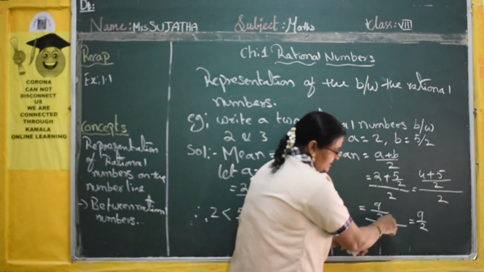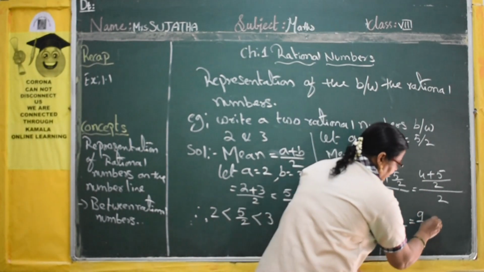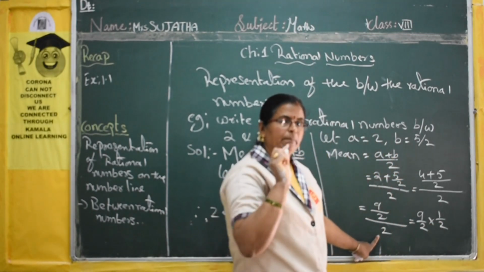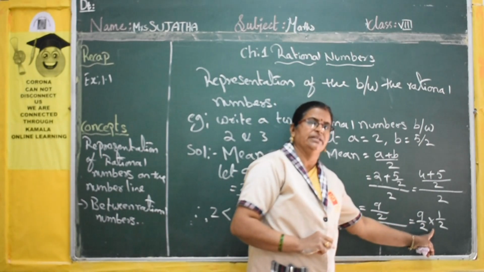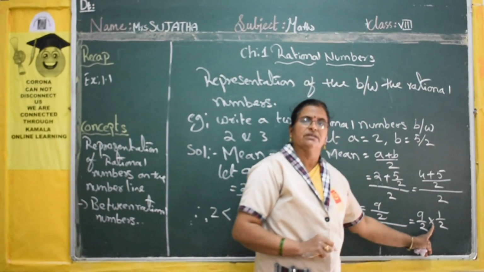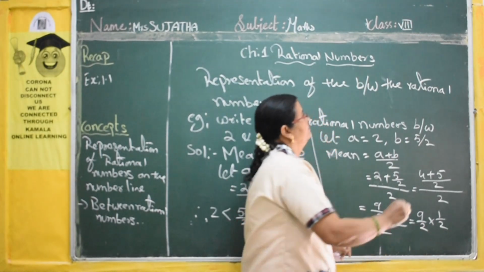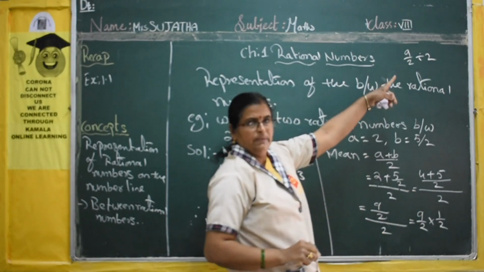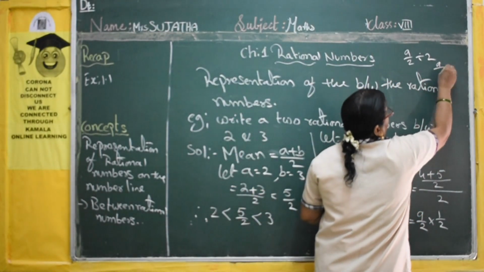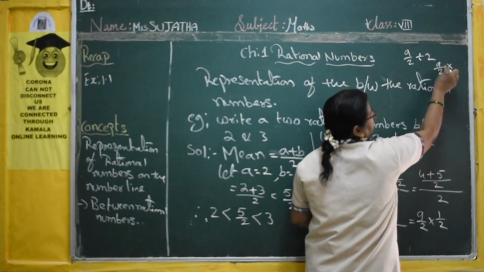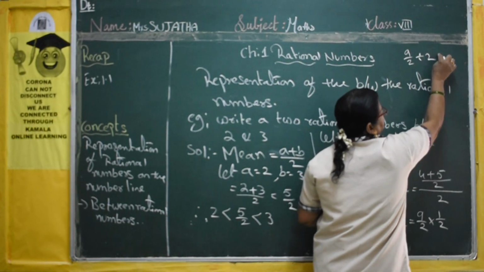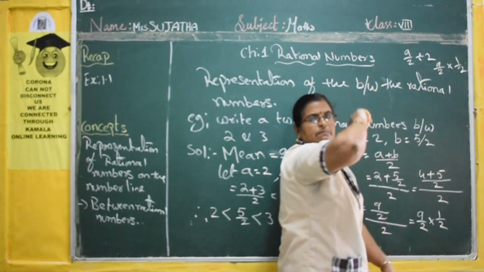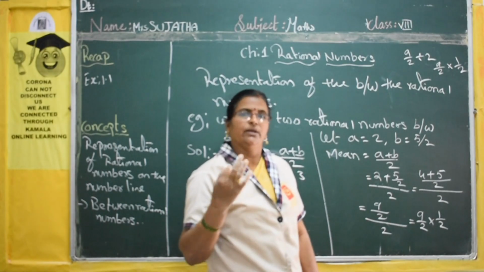This by 2 is there, no? This is a division. When the division is changed into multiplication, you should write the reciprocal of that. 9 by 2 divided by 2 is the form. Then what I did here? 9 by 2, I changed the division into multiplication, so the reciprocal I have to take. What is the reciprocal of 2? 1 by 2. Reciprocal means changing the numerator into the denominator.